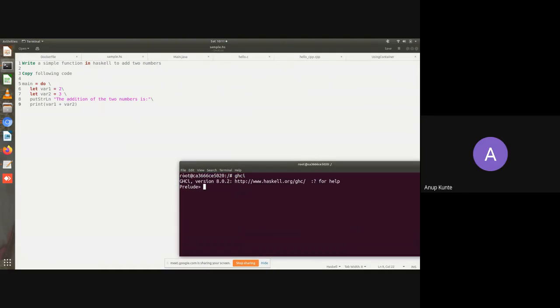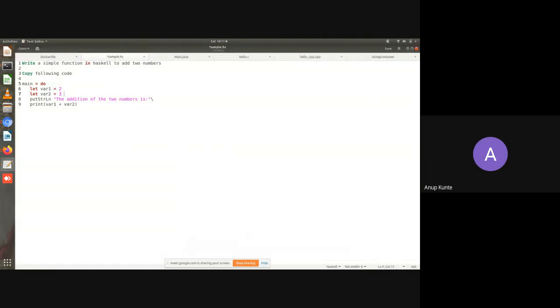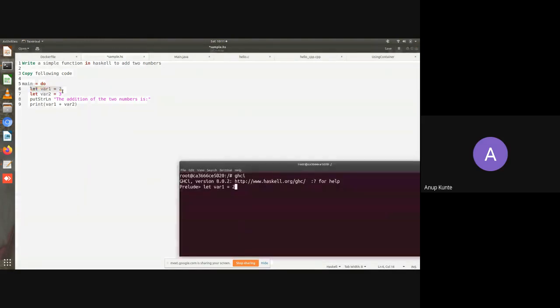Now, if I want to execute this, this is actually a program, so my mistake, I need not have these lines over here. But say suppose I want to work interactively, so I can use let var1 = 2, and I can write let var2 = 3. It's the same way you did yesterday. Now we are doing it over here. putStrLn, hopefully I've typed it correctly.